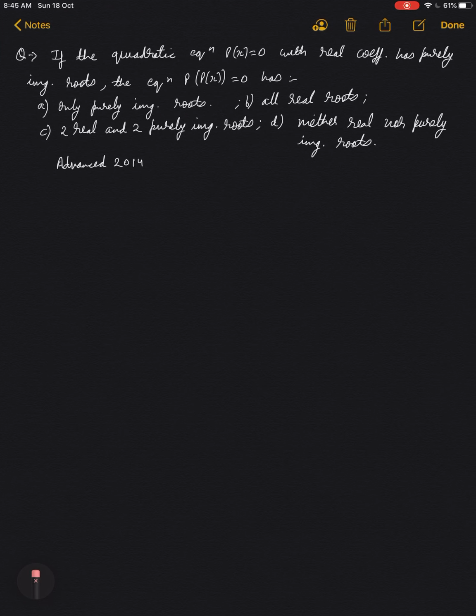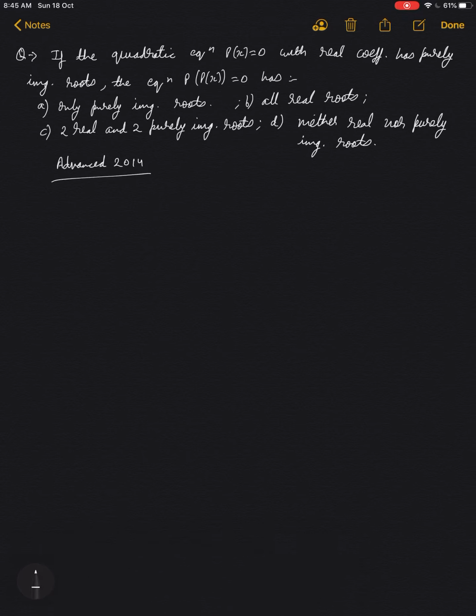हेलो फ्रेंड्स, ये वीडियो क्वाड्रेटिक इक्वेशंस की कुछ प्रॉब्लम्स डिस्कस करने के लिए हम बना रहे हैं। पहला प्रॉब्लम मैंने लिख दिया है नोटपैड पे। ये एडवांस 2014 का प्रॉब्लम है। इस प्रॉब्लम में हमें दिया गया है दैट a